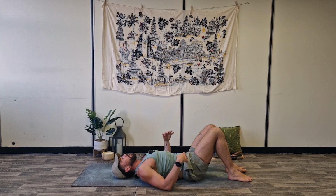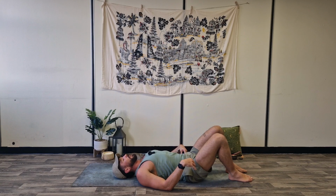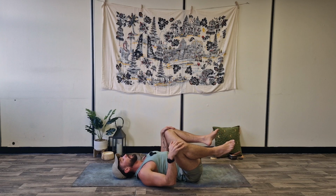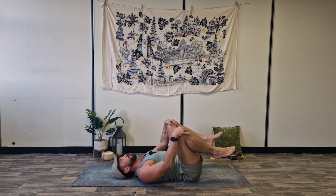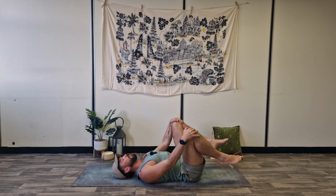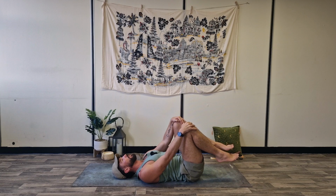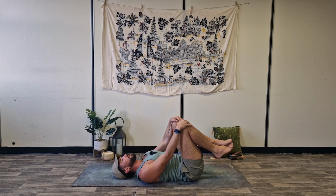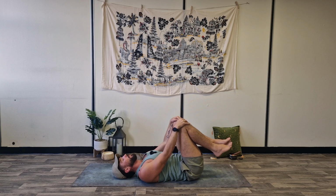So if there's anything that you feel that you could do with before we take our Shavasana pose, if you want to do a happy baby, get some more opening in the hips, observe how that feels from the start of your practice when we were doing our knee circles. Take a spinal twist. Now's your chance, yogi's choice. Maybe go back to shoulder stand and take a little bit longer. But if you're ready,